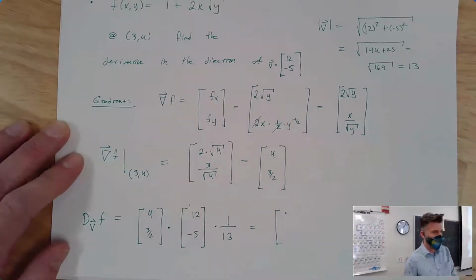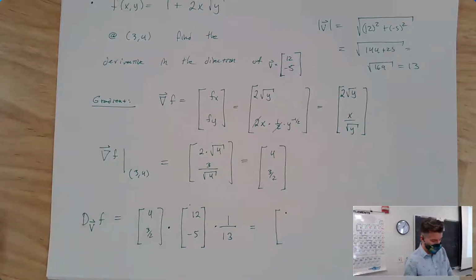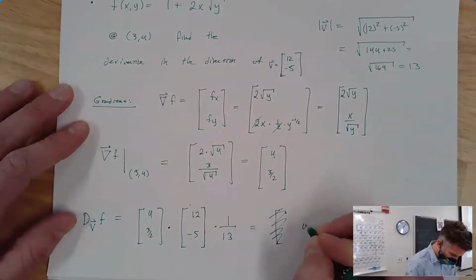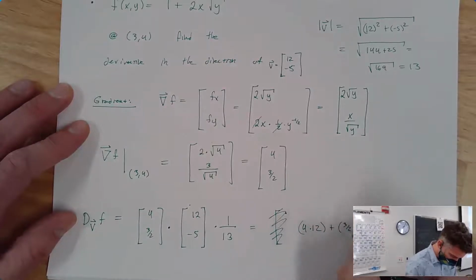And then, let's see, 4 times 12 is 48. Why am I writing it like that? That's not right. I don't get a vector anymore. I'm writing the wrong thing, right? When I do the dot product of two vectors, I don't get a vector anymore. I get a number: 4 times 12 plus 3/2 times -5,